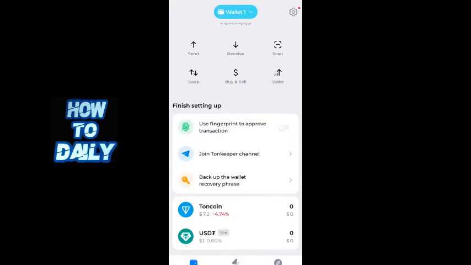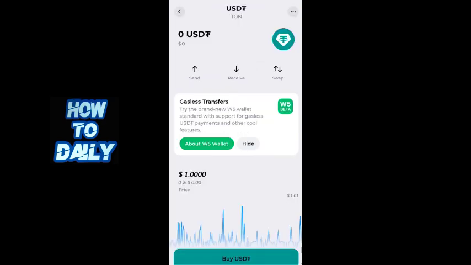In this video, we will go over how to receive USDT on TonKeeper. So now, let's begin. The first thing we need to do is open our TonKeeper app and log in. After logging in, we can now see the home page. Here, you will see the USDT. Now, we need to click it. After that, we should now be on this page and you should click the receive button.